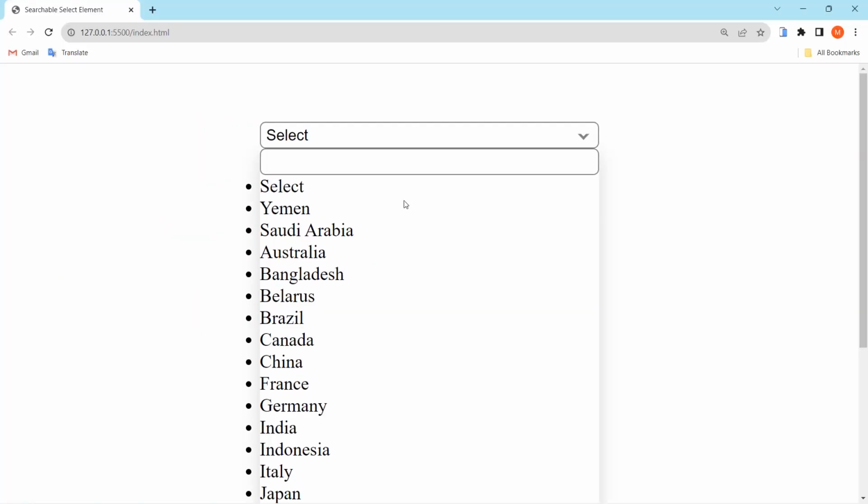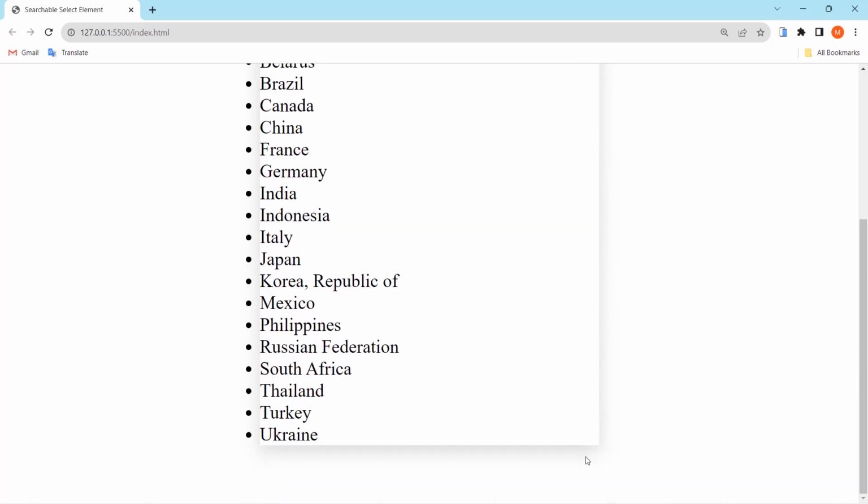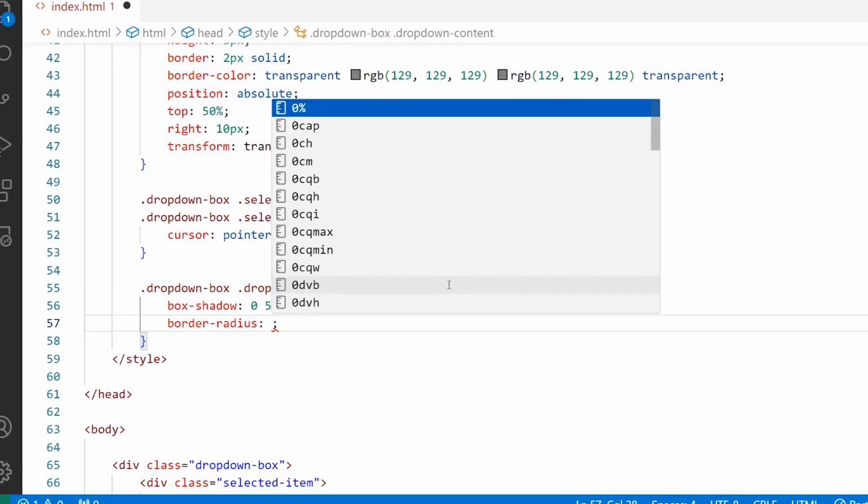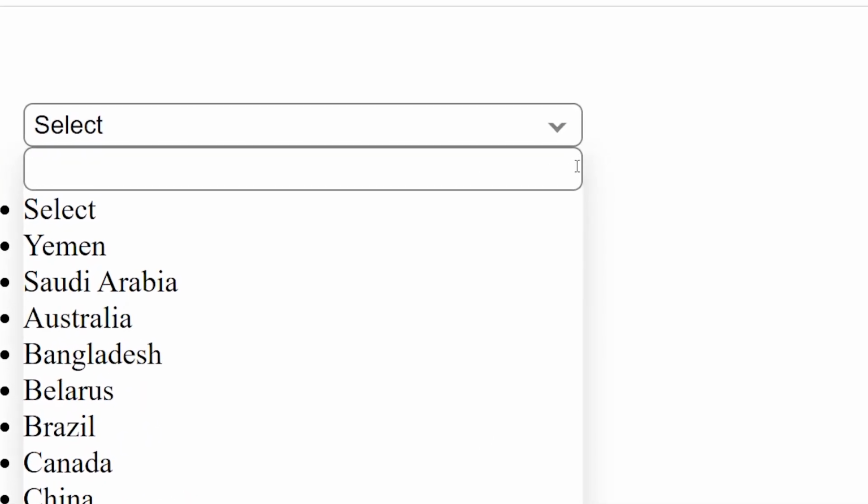Save and see the result. You can see that I have this box shadow. I will change the border radius to 5 pixels, so here I will say border radius 5 pixels. Great. Now I want to put some gap between the input and the side of this div element, so I